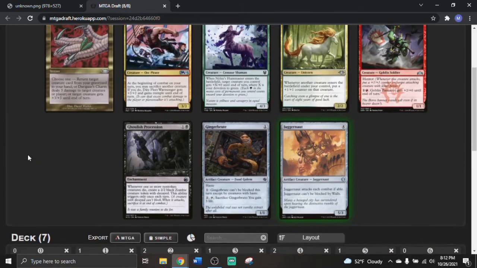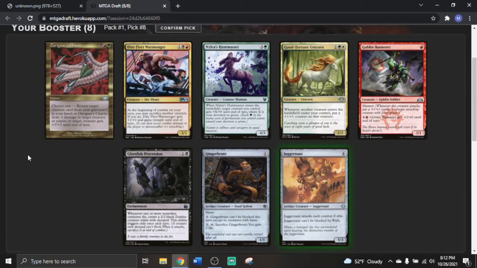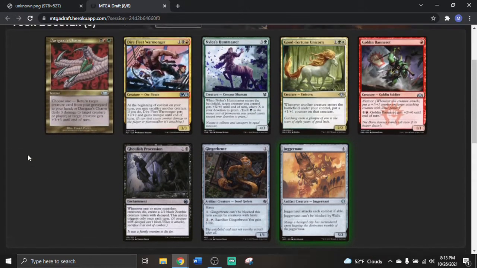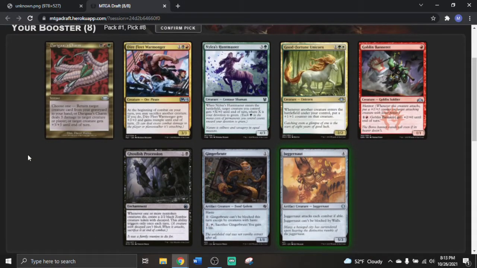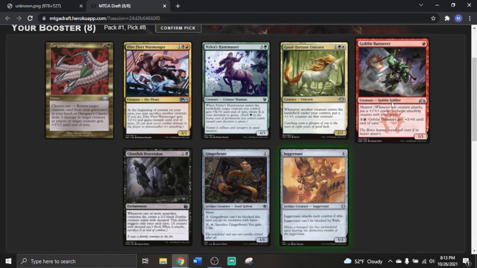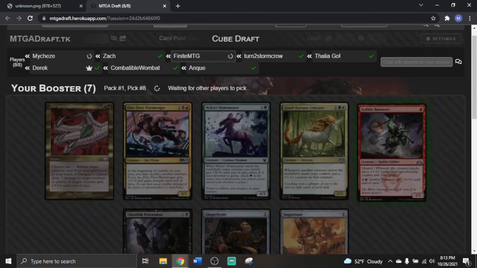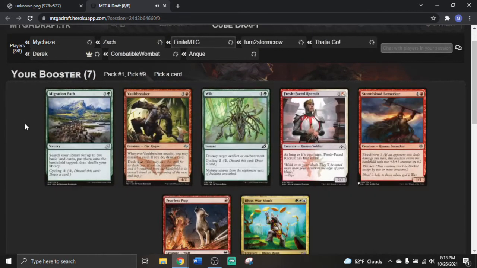But it's either that or I try to go into green. The green does seem pretty open, though. But there's also no good green here. Yeah, I'll take the Banneret. I already have a bunch of 4-mana cards. I think they're going to be replaceable even if I don't end up playing blue, so...